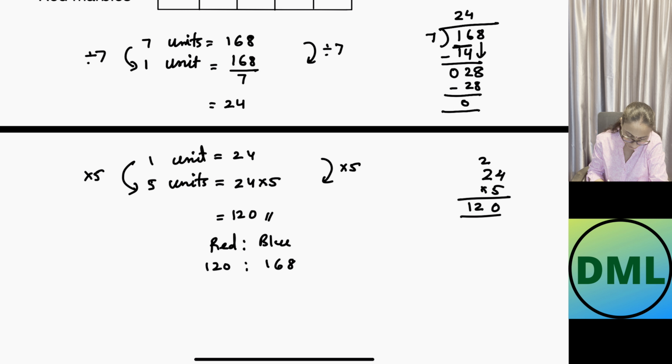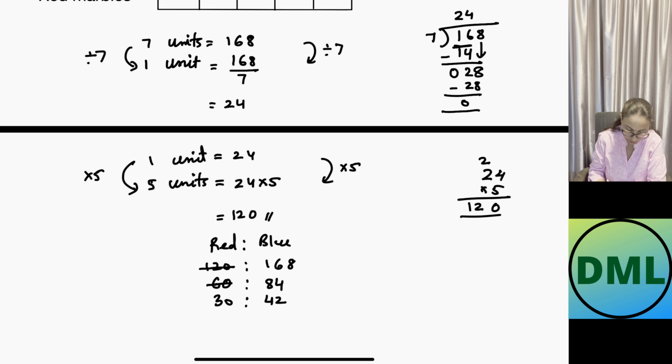If I divide it with 2, 120 divided by 2. 2 times 6 is 12. Let's write down 60 here. 168 divided by 2. 16 divided by 2 is 8. 8 divided by 2 is 4. This is 84 here. Let's cancel this here again with 2. 2 times 3 is 6. This answer will be 30 here. 2 times 4 is 8. 2 times 2 is 4. This is 42 here. It is still an even number, 0 and 2.